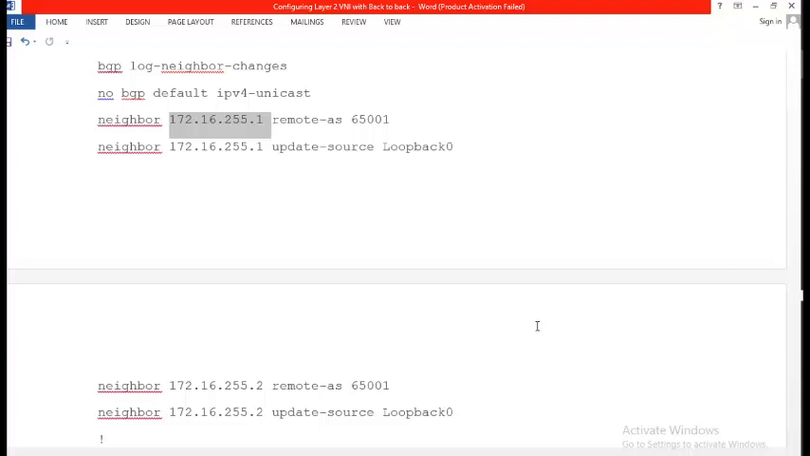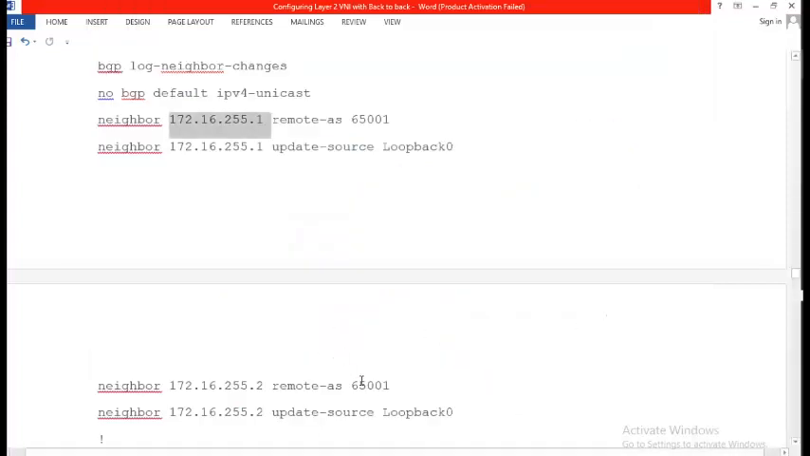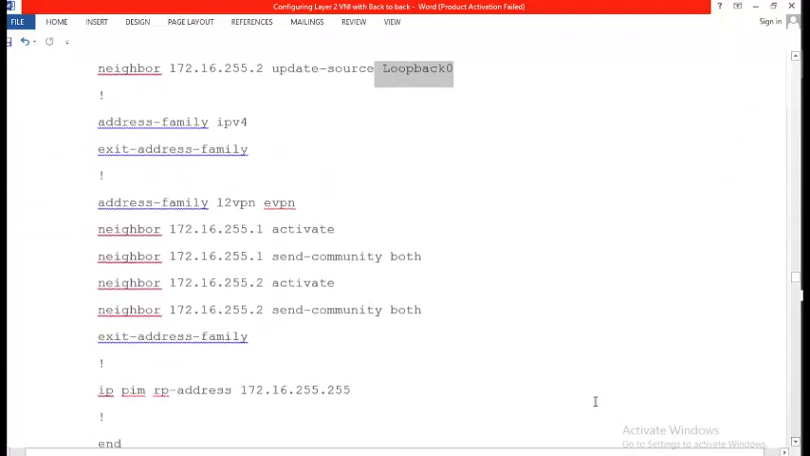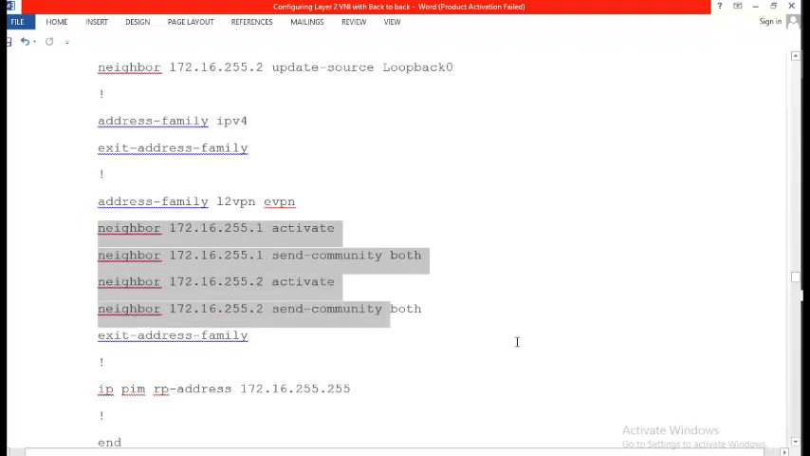Loopback 0 and loopback 1. Loopback 0 is this one. So you see 255.1 and 255.2, they are the loopback address of these two devices. So we are forming neighbor using the loopback. So we need to use the command update source loopback 0. And we need to activate EVPN. So we activate these two under EVPN,